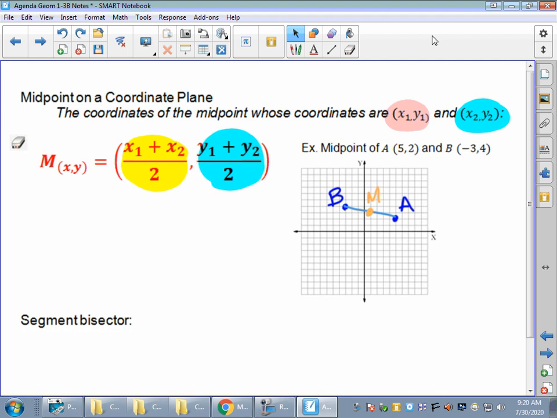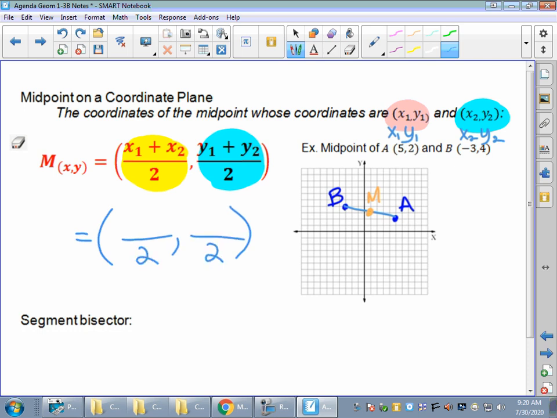I'm hoping this is all a review. So I purposely labeled these this way. Point B is on the left, point A is on the right, but it doesn't matter which one is your x1s and y1s and which one's 2s. So I can call this, just because it's typed out, here's x and y from my first point. Here's x and y from my second point. So the first point gets 1s, the second point gets 2s. So in this specific example,